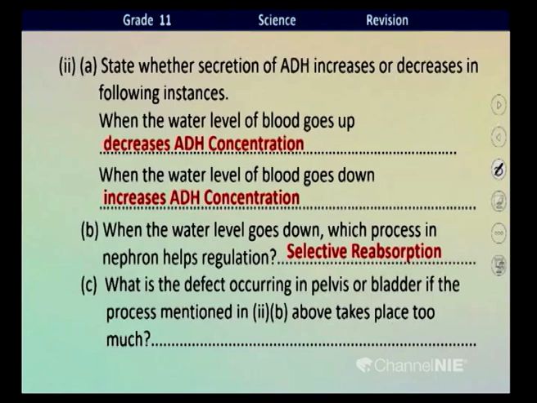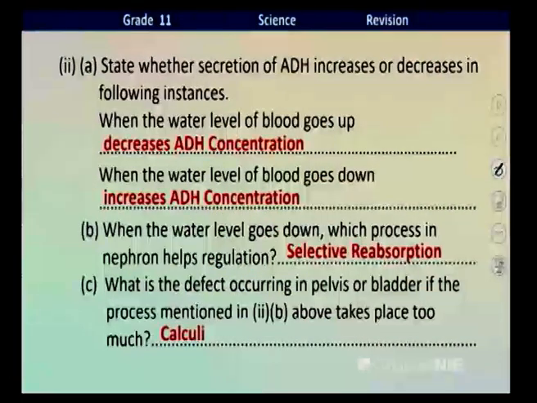If continuously too much selective reabsorption is taking place, then urine output decreases. When the urine output decreases, for a long time, a little amount of urine is retained in the pelvis of the kidney and also in the bladder. When urine is retained for a long time, urine gets concentrated more in the bladder or the pelvis. When the urine gets concentrated, children, some salts like calcium oxalate can crystallize in bladder or in the pelvis.